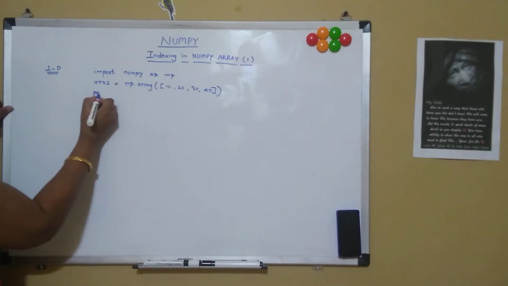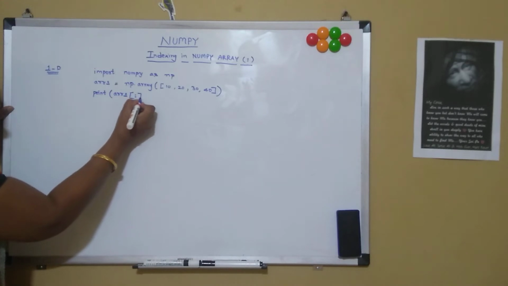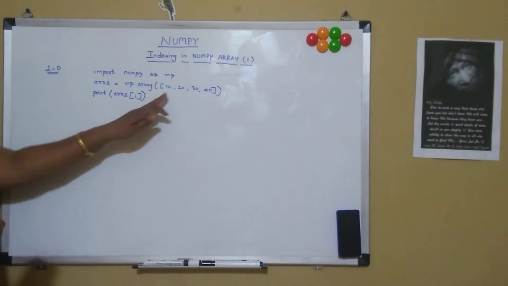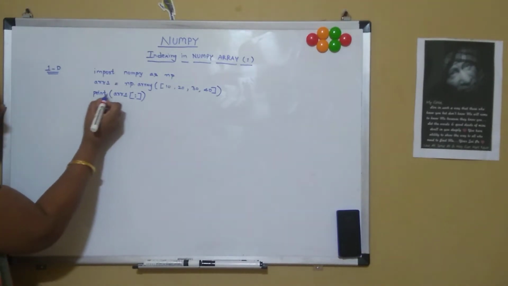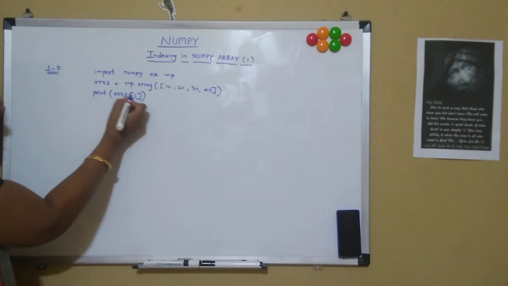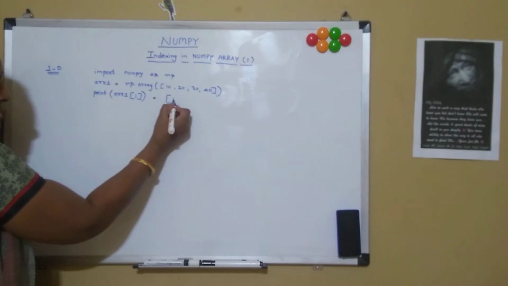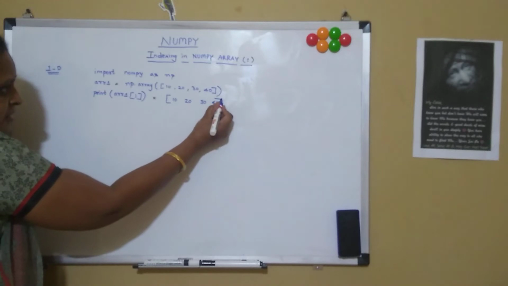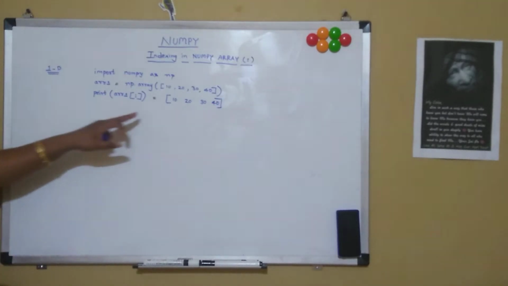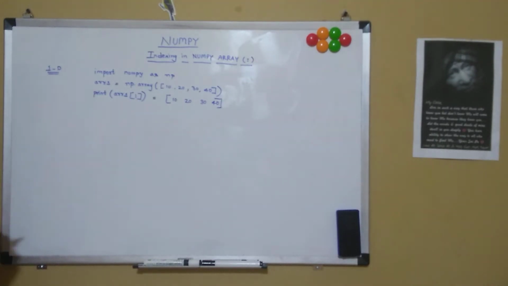How can I do so? So print array1, and if we give a colon, then all the elements in the one-dimensional array get printed. So when I give print array1 square bracket, if I specify a colon symbol, then my entire array gets printed on the console. So we got the entire row of elements by using the colon symbol.